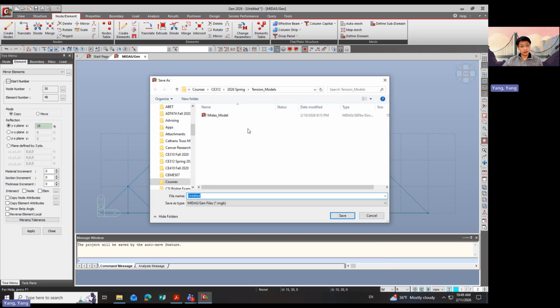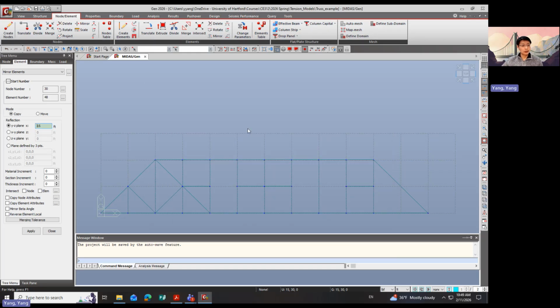Okay, it's better to save it, Truss example, right, before we move too far from here. So we wanted to use the mirror. So we select. So here,